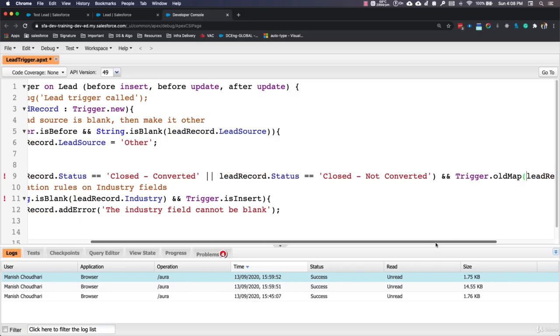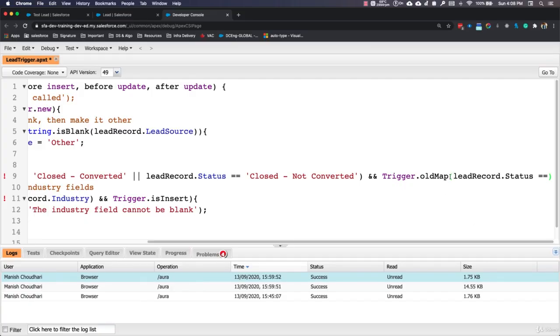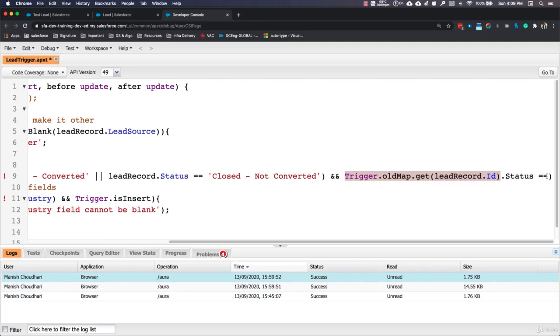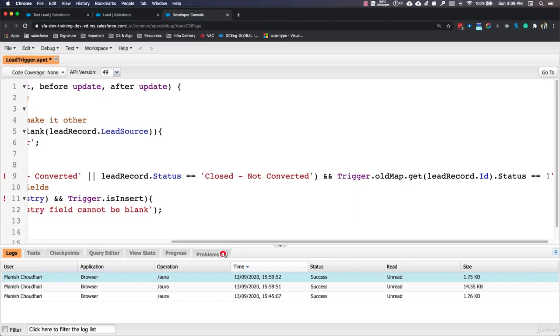So it will be like oldMap, and then we are going to use the get method which comes from the Map class, and we are going to get it with the help of the lead record's ID. So now this part of the statement is going to give me the old version of the same lead record, and now I can match its status value using the dot operator, and the status should be the working one. So let's copy that value